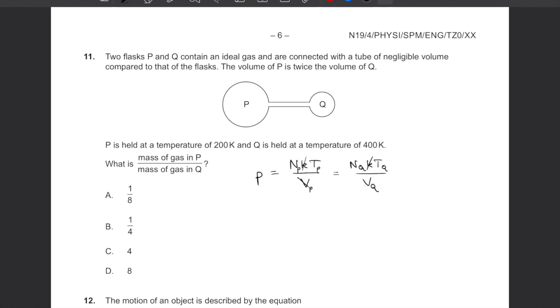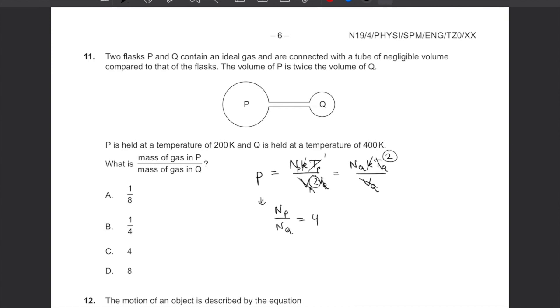k cancels out. You can see that the volumes, P's volume is 2 of Q's volume, etc. And the temperatures are in a ratio of 1 to 2. And then that allows us to find the ratio of the number of particles, NP to NQ, which is going to be 4. And that is going to be the same as the ratio of the masses of the particles,